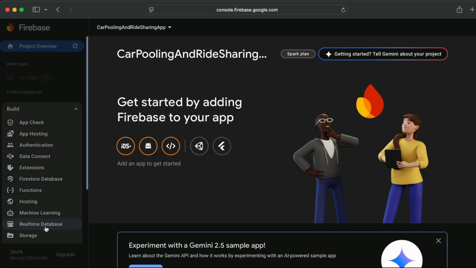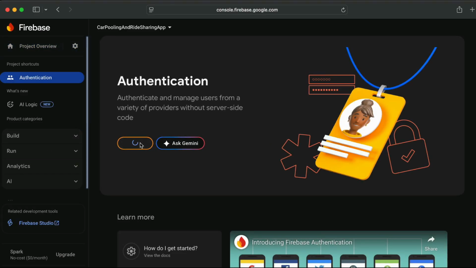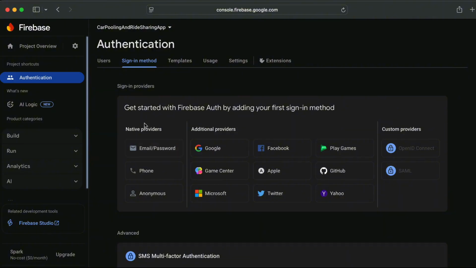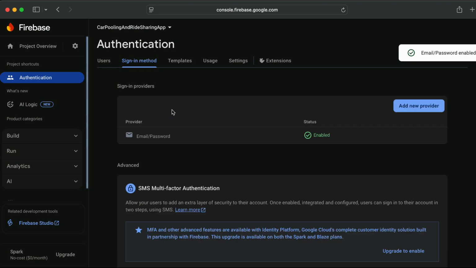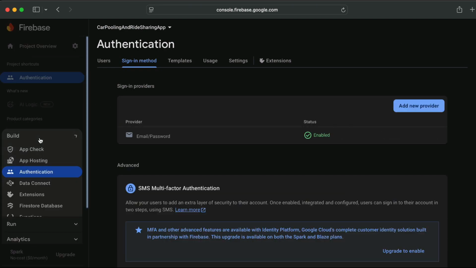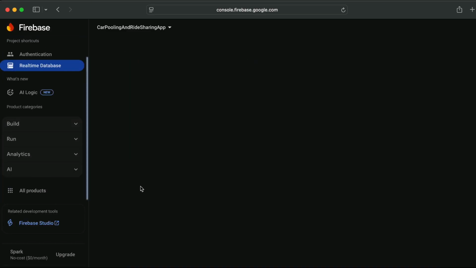We will use the authentication and Firebase real-time database. So let's enable the authentication for email and password first. Click on get started. Here you can see this email password. Click on it and enable it. Okay, once it is enabled, click on save, and then go to the build real-time database, this one, and then